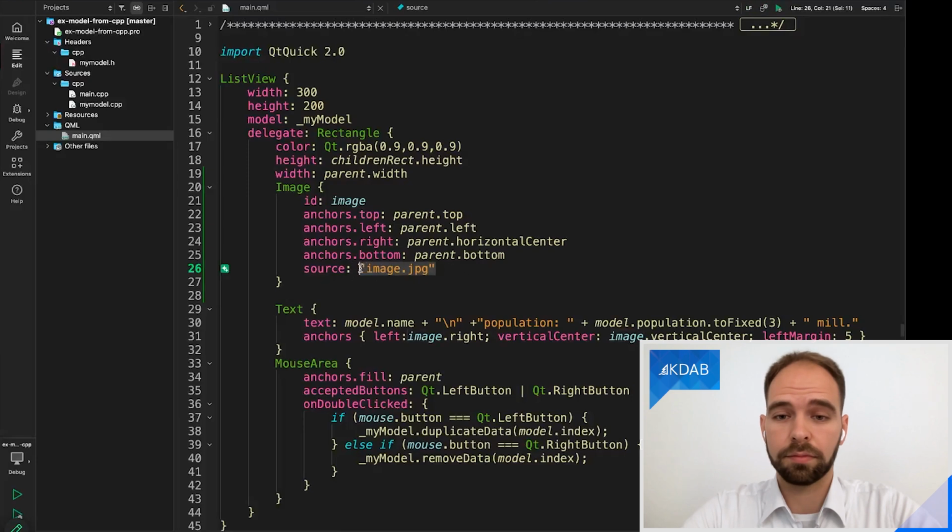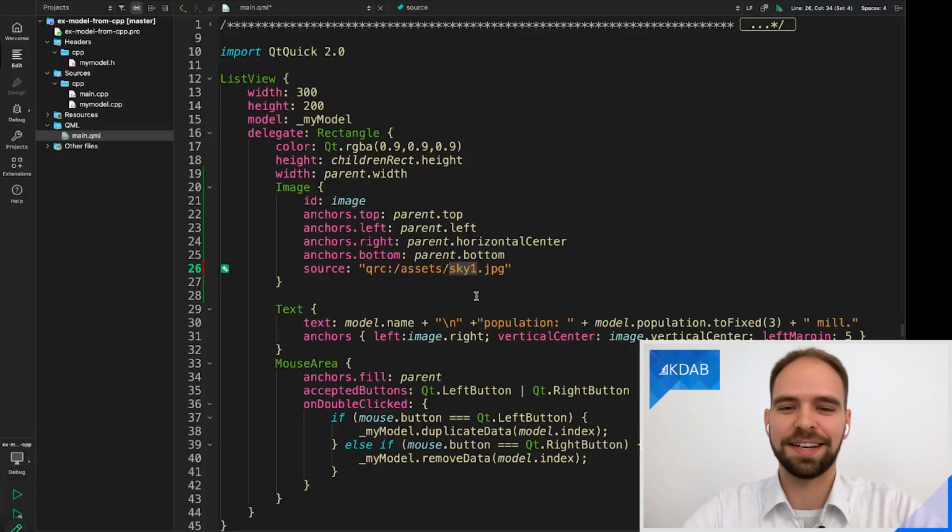Okay. Could you just, I am the curious developer after all, so could you try and just delete image.jpg there and wait and see if it comes up with something more fancy? Yeah, let's see. There is a shortcut for forcing it to do its work right away, isn't there? Yeah, there is a command tick mark, which I have now pressed, and now we might be able to complete this with Sky 1. I rest assured there is no sky image available here. We are talking about countries and their flags, so something like Denmark or Sweden would have been more appropriate here.